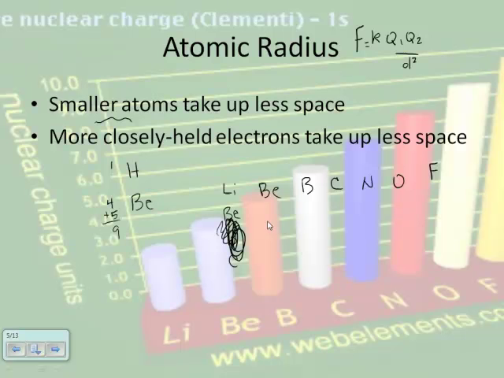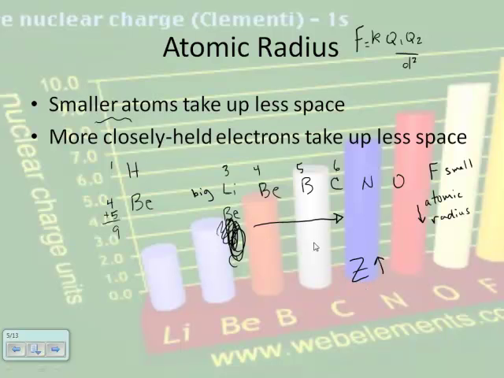As we go across this direction in the same row, we're going from 3 to 4 to 5 to 6, so our nuclear charge is increasing. What we would expect then is that they can pull the electrons in closer, and we would expect the atomic radius to decrease. So we would think that fluorine is smallest and lithium is the biggest one. And that is true,